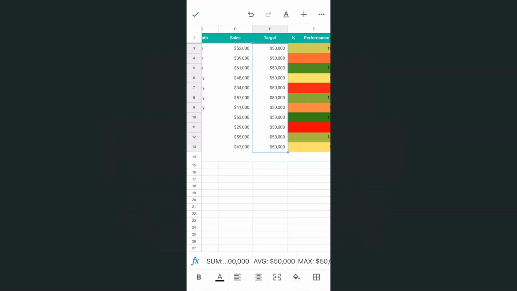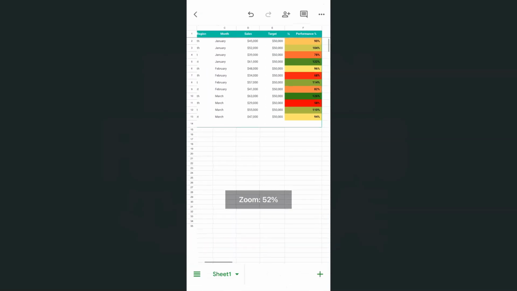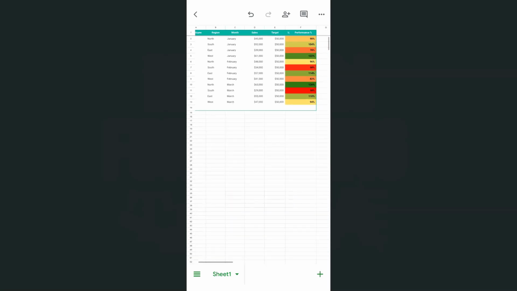We have quickly formatted those columns into currencies with that shortcut right here in the Google Sheets app on this